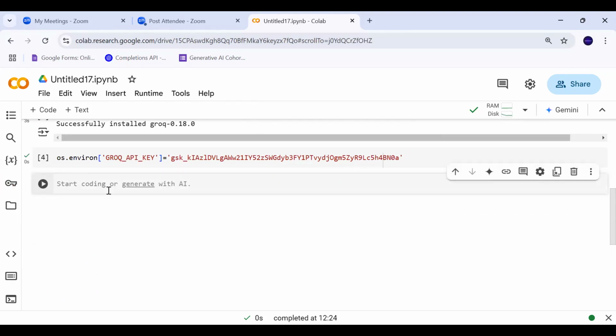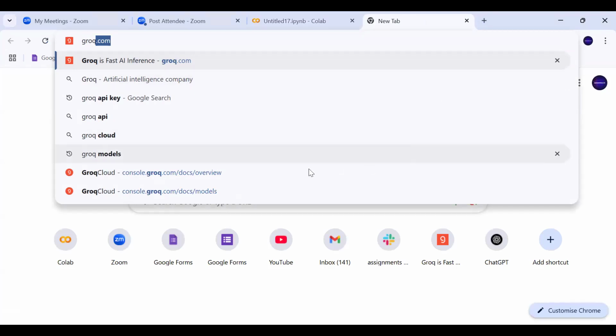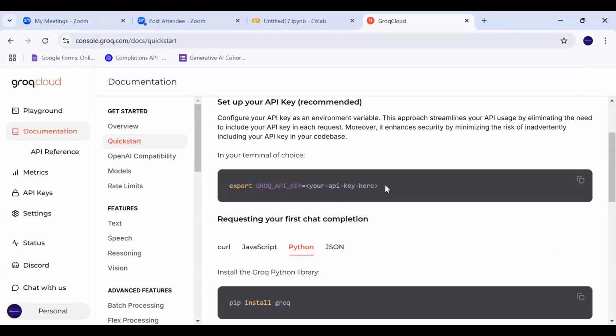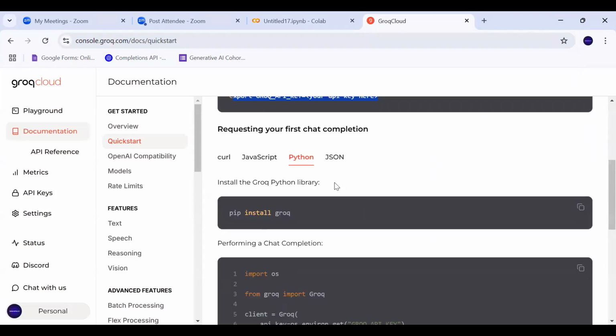Now we will write the code for my agent, or let's see. Let me take you to Groq. So far, whatever inference we did with Groq, that was using LangChain. So now, in order to use it directly, this API key we have already set.